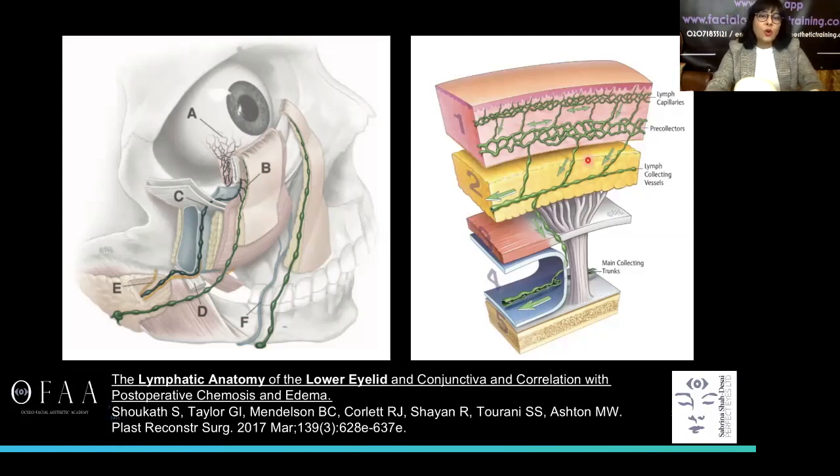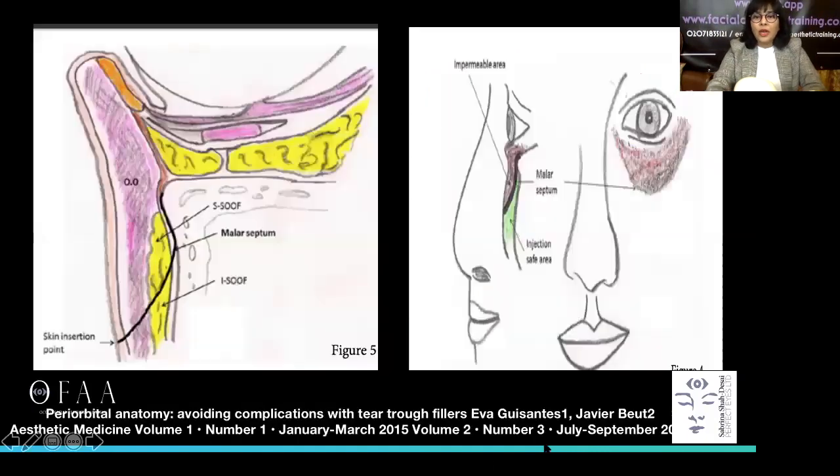So of course, when you look at this image from Jerome and Lamb's book, there is a whole superficial segment, the lymph capillaries, which actually then go into a deeper bit. And the way they do this is they do this in the Trough area. And if we were to look at how this pans out, you can see that the malar septum is an